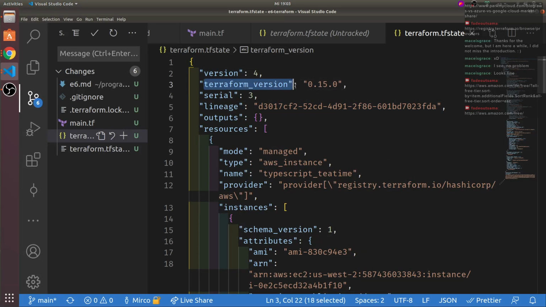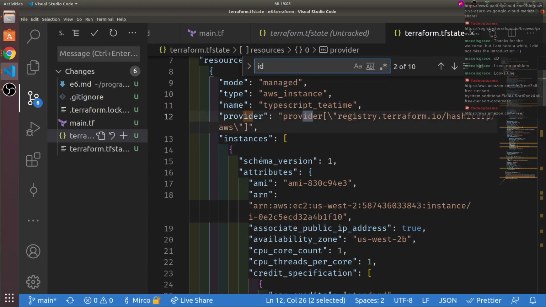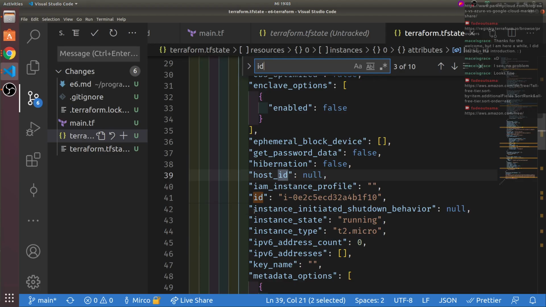It contains a lot of information about how it was hosted, as well as, and that's the most important part, what is actually created, which in this case is an AWS instance, and it has the ID inside of here somewhere, which it uses to identify.